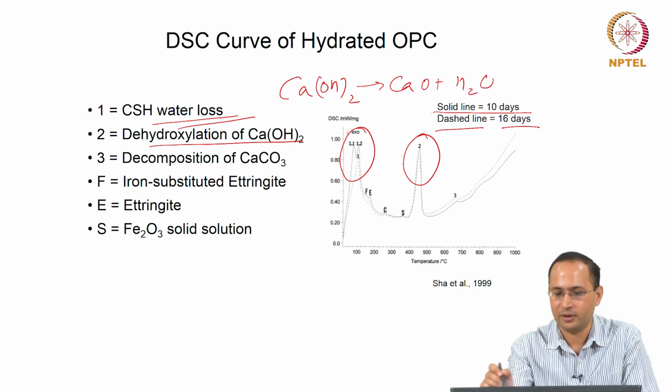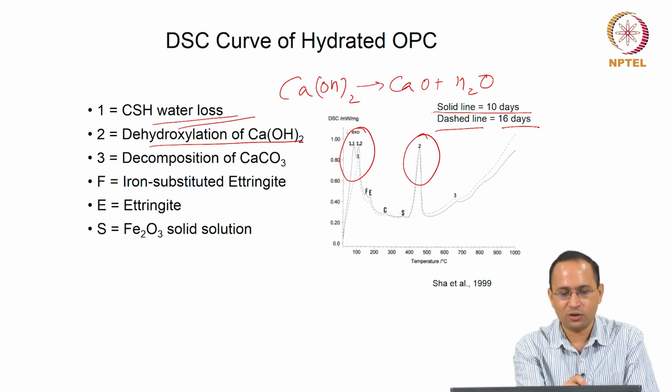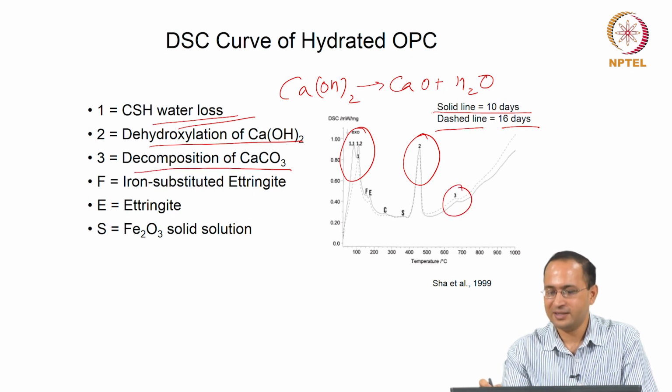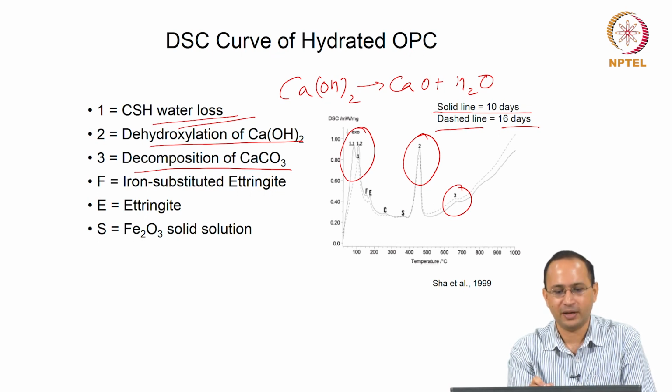come back to it again, right. So, this is very powerful. So, we can see that change. And also the third peak, obviously it is small, it depends on the amount of calcium carbonate you have in the system. If you have a significant amount of calcium carbonate, then you will see a significant peak here, but here you see a small peak, but that tells you about the decomposition of calcium carbonate, right.